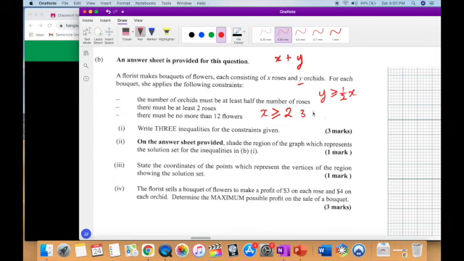Yeah. It could be 5, it could be 10, it could be 457,000, right? So that means I can have 457,000 roses. That means I could have 10 roses, I could have 5 roses, I could have 3 roses, I could have 2 roses, but I can't have less than 2